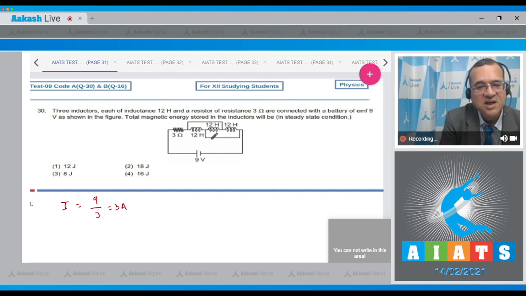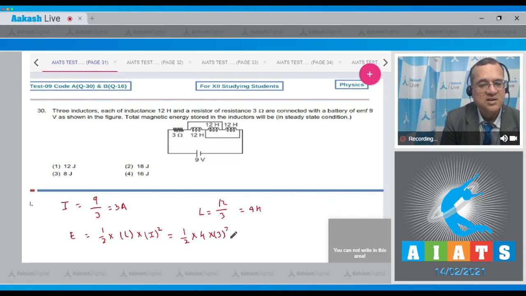Now these three inductors are connected in parallel. The total equivalent inductance will be equal to 4 Henry. And the energy stored, you know the formula, is 1 by 2 into total inductance into the current squared. So this is 1 by 2 into 4 into 3 squared. So this would be 18 joule. The correct option is